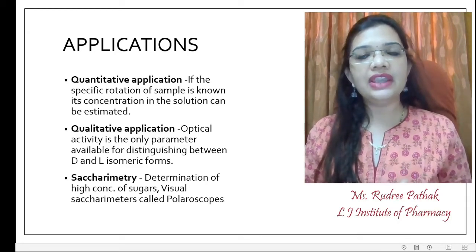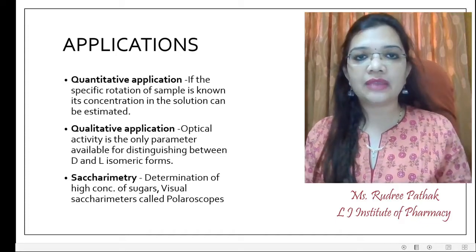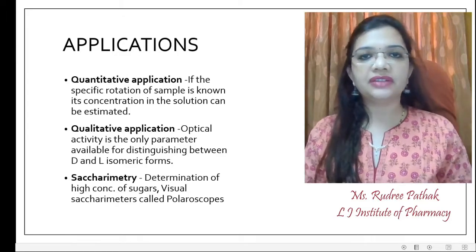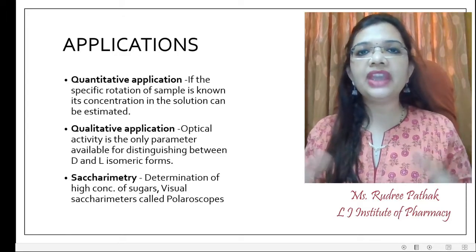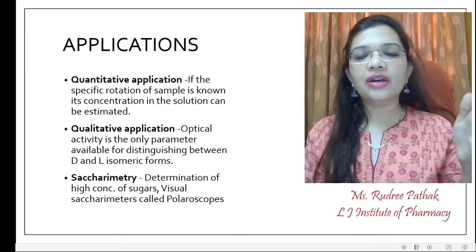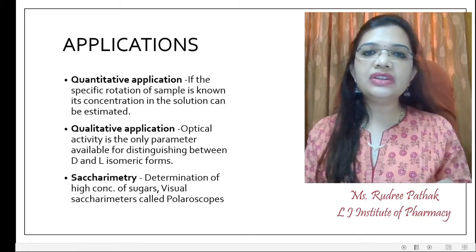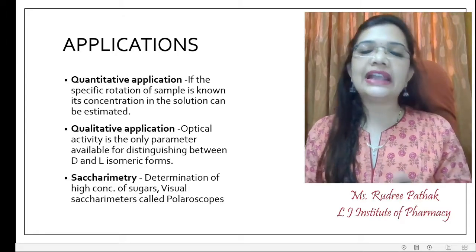So when we are studying them or when we estimate them, that is usually done with the help of polarimeter. So if we sum up the applications, it is basically divided into three segments: quantitative estimations, qualitative estimations, and